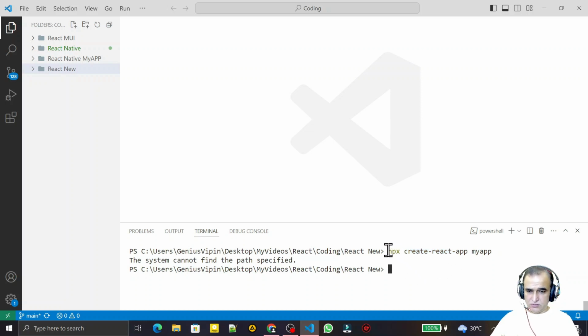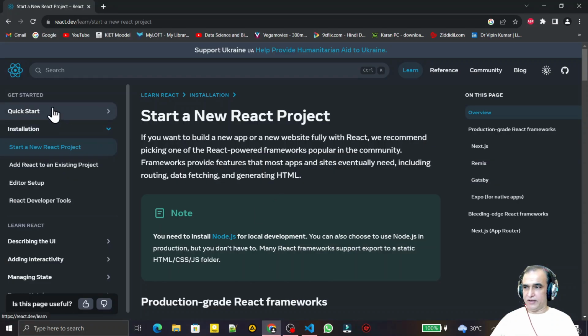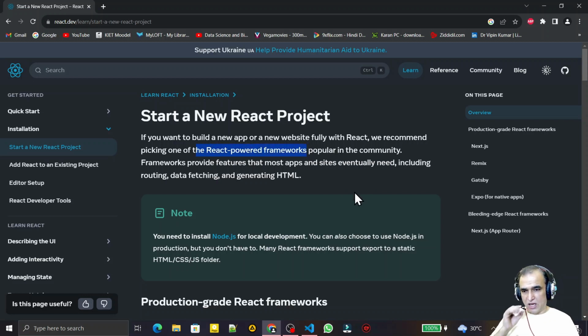If you know React better, you know that this React which we are creating from the command create-react-app is not a framework, it is a library, the React library. Officially, if you go to the site of React, react.dev, they are announcing that if you want to build a new app or a new website fully with React, we recommend picking one of the React-powered frameworks. It means now officially React is not allowing you to create any application by using only the React library.